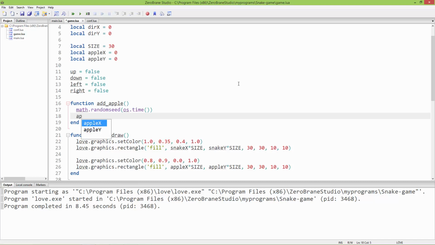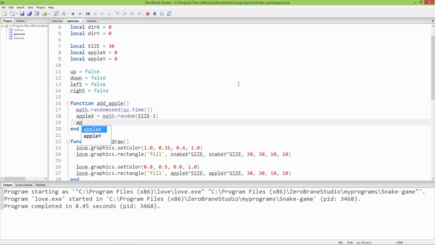So appleX will be equal to math.random, and give it the SIZE minus 1, and also appleY will be equal to math.random and also SIZE